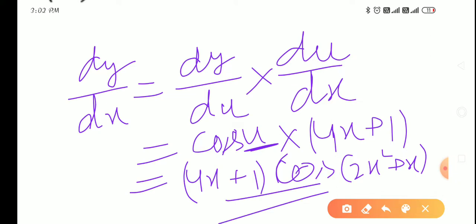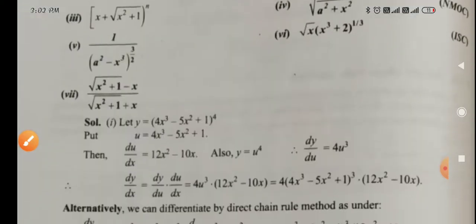So first one was the direct chain rule. First method which I explained, that was direct chain rule. And if you don't want to apply direct chain rule, you can take this u method. It is also chain rule. So like this you can do. In both the cases, the answer will be same. Now I am taking some examples to make it more clear.